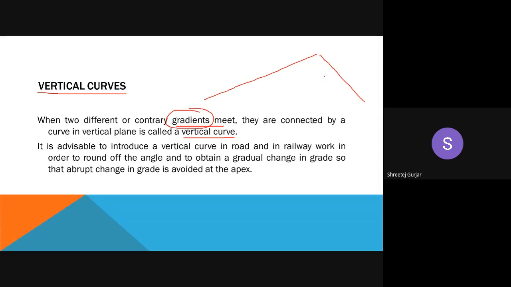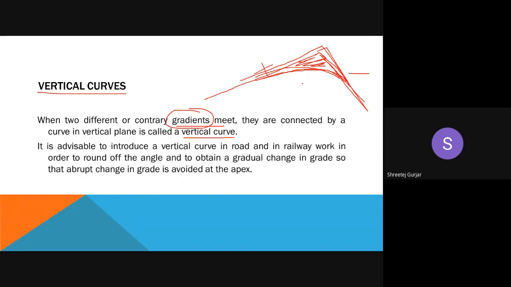Okay, so when the two different gradients meet, like in this particular example which I've drawn on your screen here, this is an upward gradient which we write as positive, and this is a slope coming downwards, so it is negative. So when you want to join these two, you cannot lay a road like this, right? You have to join these two by using a simple smooth curve, like this. You have to cut this part of the hill, and make a small smooth curve so that these two straights, these two different gradients, can be joined together. So this is just an example of what the vertical curve is supposed to do.